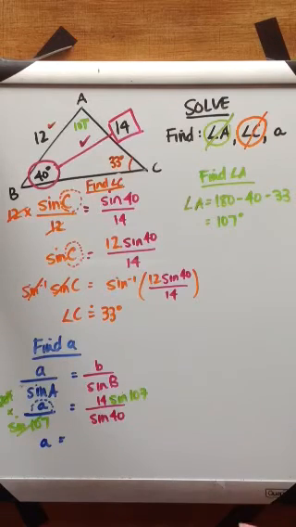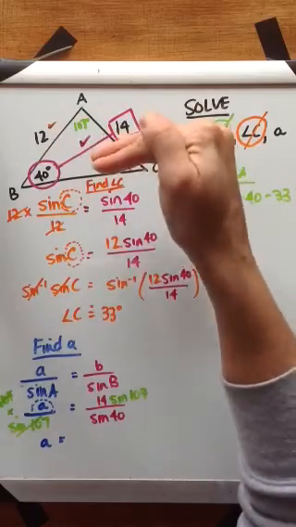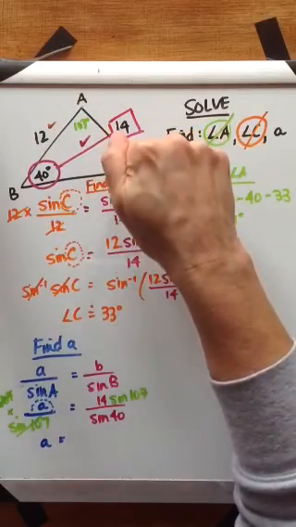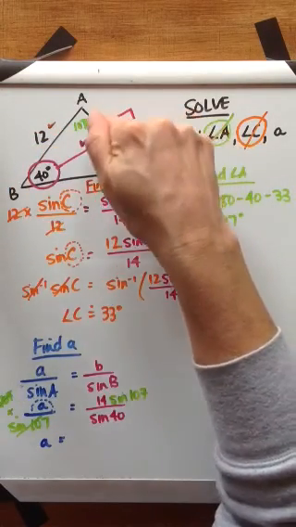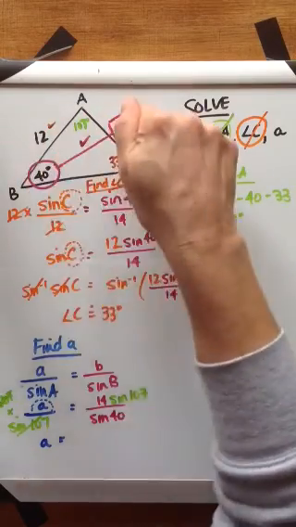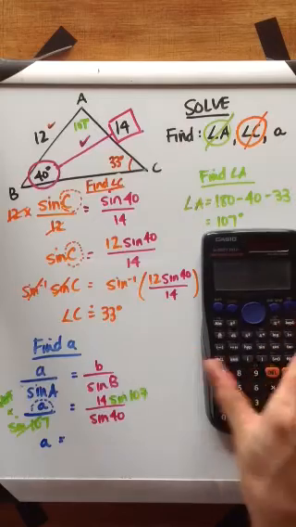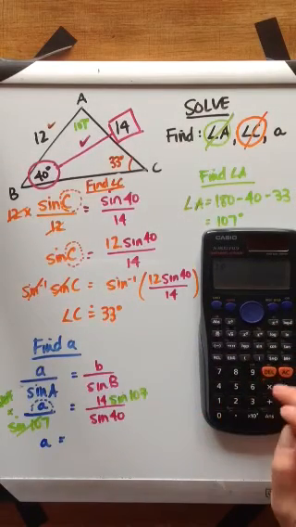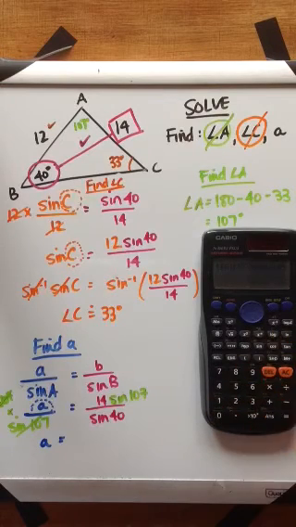Before we even punch that in, let's get a sense of how big we think that side length might be. We notice that 33 and 40 are roughly the same size. They're off by 7 degrees, but notice that the smallest angle has the smallest side length and the medium angle has a medium length. This angle is quite a bit bigger than the other two. I'm expecting this side length to be quite a bit bigger than 12 and 14 because it's opposite that largest angle, as I said. So let's check our theory and see. 14 sine 107 divided by sine 40, and sure enough, it comes out to